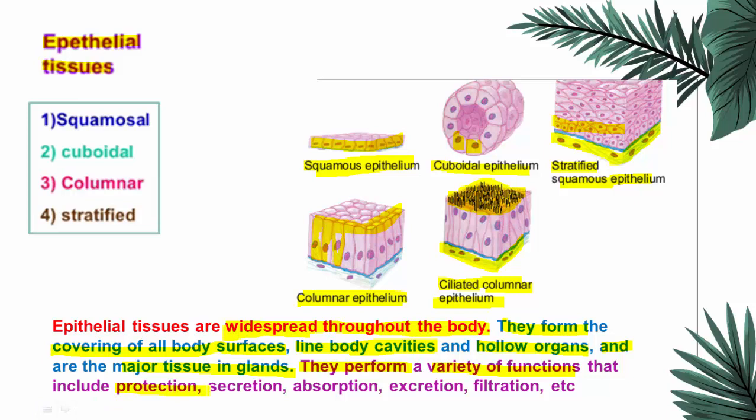What is the function of skin? It is providing protection to all the parts which are present below it. Say for example, unbroken skin. If we don't have any damage or scar, any mark or injury, the skin is a barrier. Barrier means it prevents the entry of disease causing organisms into the body.